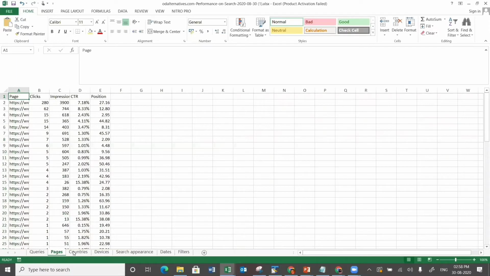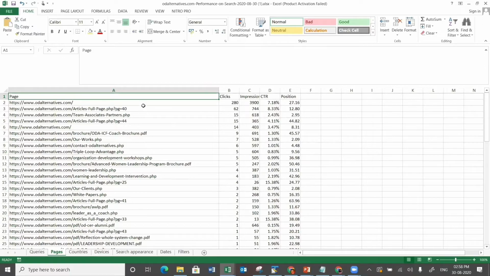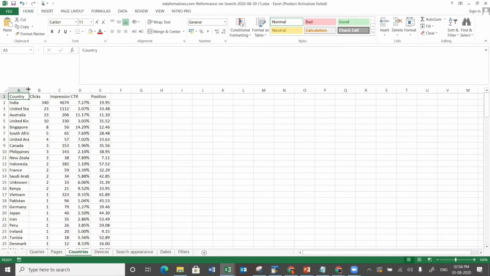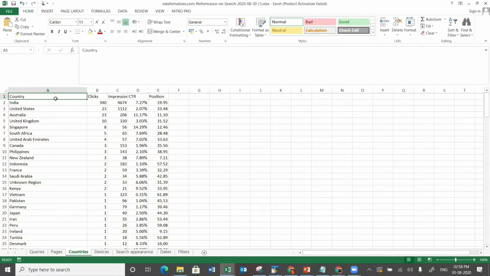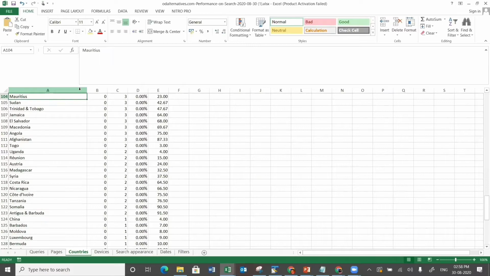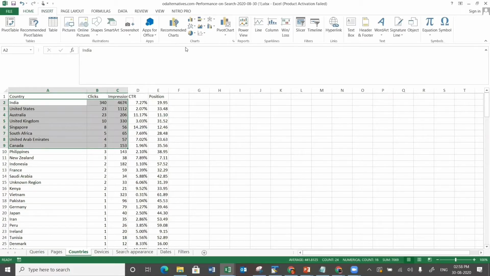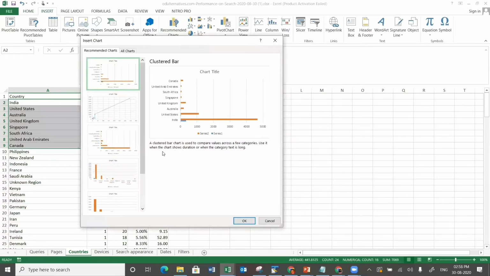Okay, and then we just downloaded the data, so it gives me the entire information in Excel format also. So you can manually go through all the pages and check where you can improve relevance to the search queries. You can again analyze and create nice looking graphs and charts, which you can show to your bosses if required. Let me quickly do it for you. Yeah, we can create some graphs and charts.